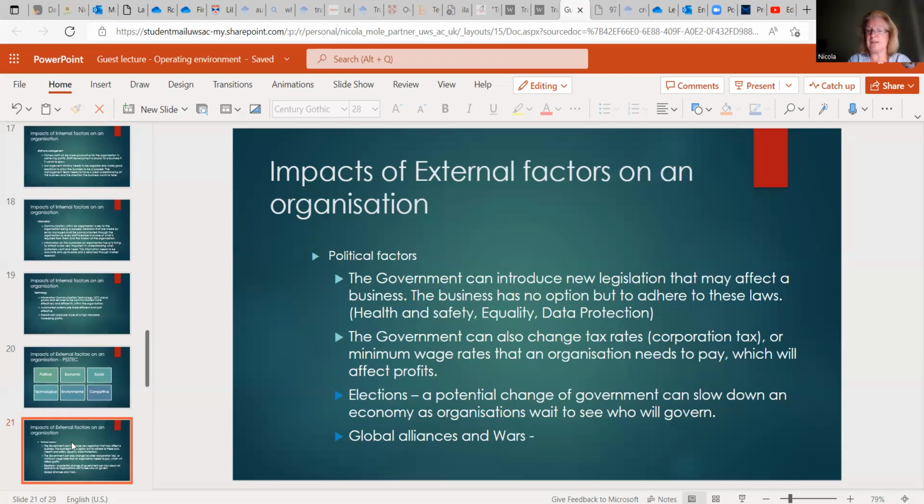There are also things like global alliances and wars. I think that's something we see a lot in the media. Which countries does China work with, for example? And I'm not singling out any economy. The Ukraine and Russia, which economies aligned with the Ukraine, which economies aligned with Russia? They all have major impacts on how an economy runs and how a business can run resulting from that.